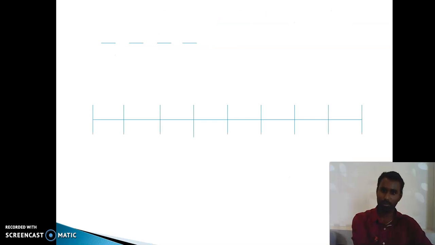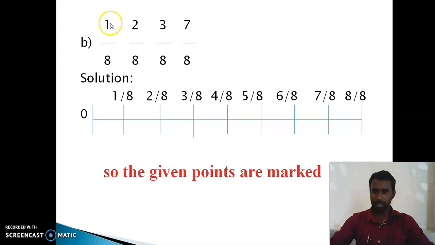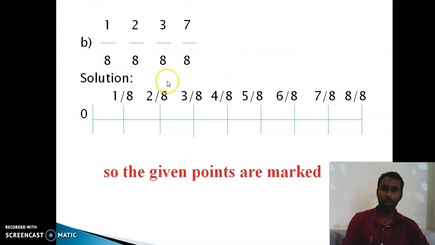I will explain once again. The given numbers are 1 divided by 8, 2 divided by 8, 3 divided by 8, 7 divided by 8. Okay, first, from where to where, sir? 7 divided by 8, right? So the next number is 8 divided by 8. Shall we call it 1? 8 divided by 8, so 1. So these values, 1 by 8 and the rest, will occur from 0 to 1. Exactly correct, right? So 0 to 1.